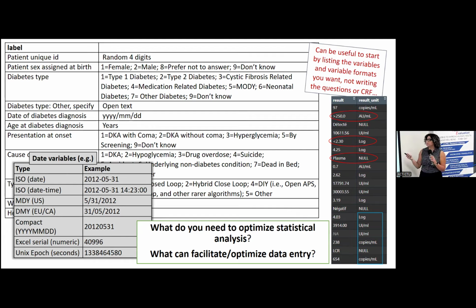So perhaps in the end, what you want to know is if it's above a certain value, it means that it's a positive or a negative result. It doesn't mean that you're going to use it in the same way that you receive the data. So determine what you're using, maybe you want the values, but make sure that you have the correct units. You're anticipating how you're using the data later on.